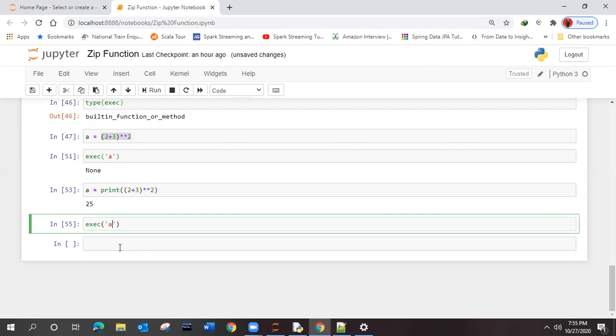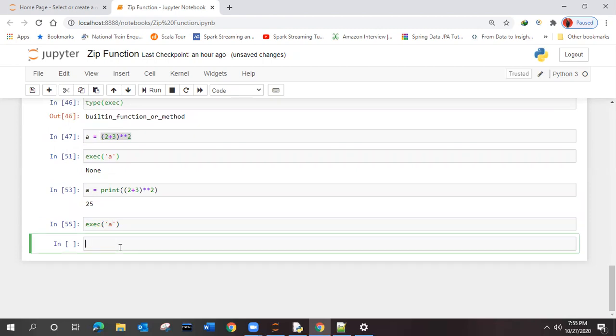We'll see one more mathematical example. For I in a range of 5, and this I will execute the number of times I want.